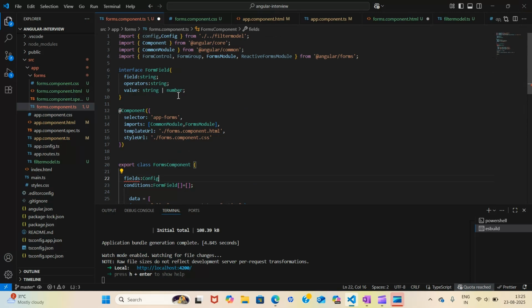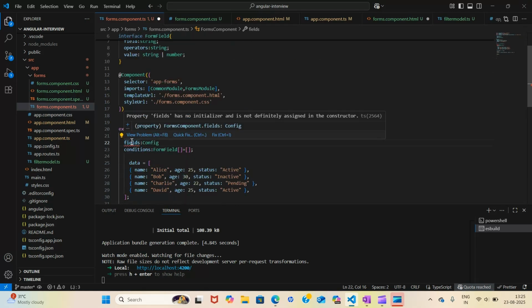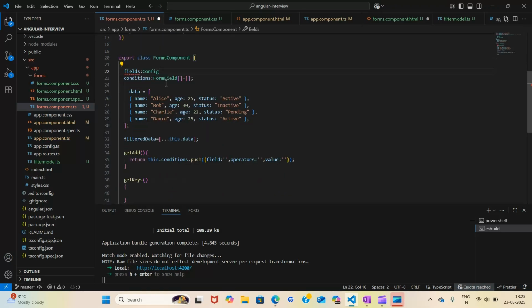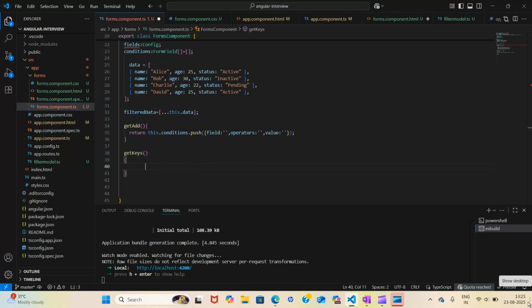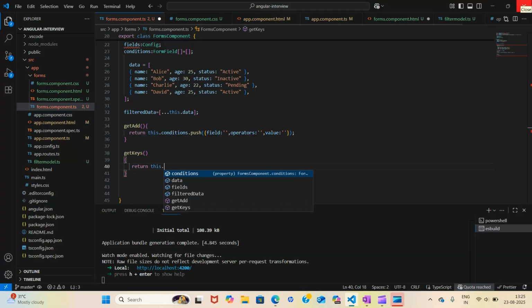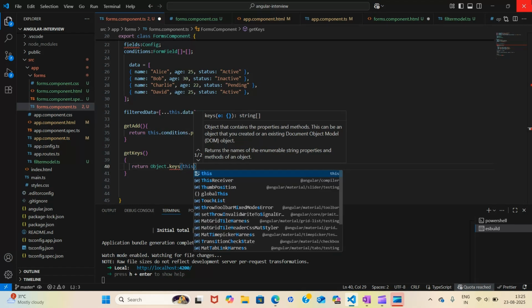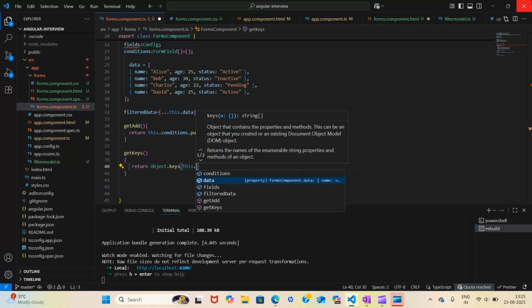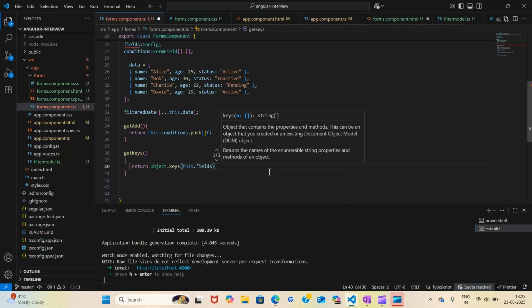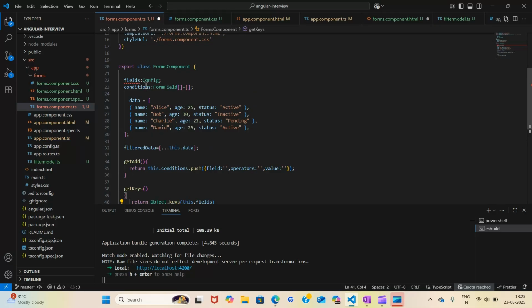It was throwing an error because it was not used. So simply return Object.keys of my config. So it is this.myFields created, and now it is used.